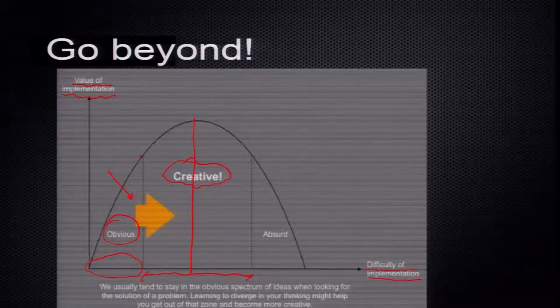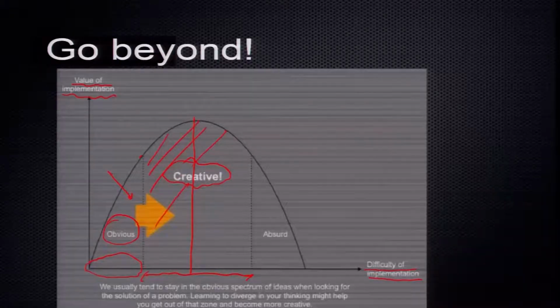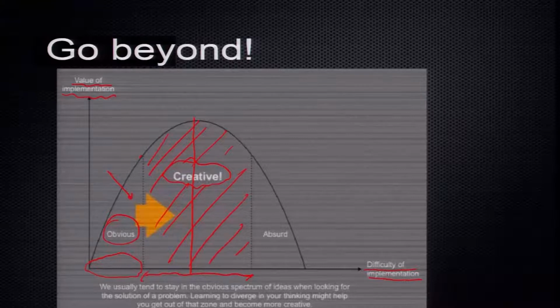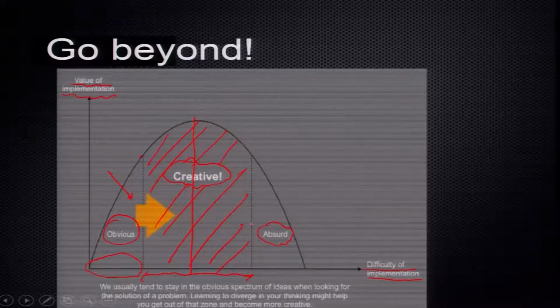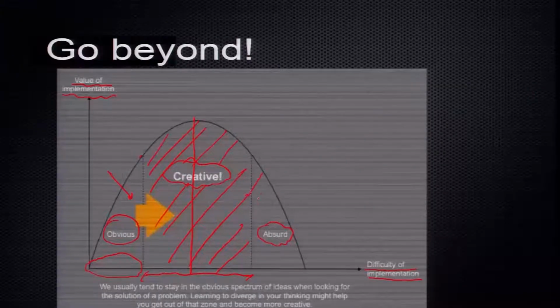So, this domain is what one has to go for, and for that you have to really be open to this idea generation process. And so, once this particular domain is sort of all explored, there is of course one more domain here, which is the absurd domain, where the difficulty is very high or the value is low. So, obviously, it will cut itself off, but that does not allow us to not generate ideas in this domain as well.